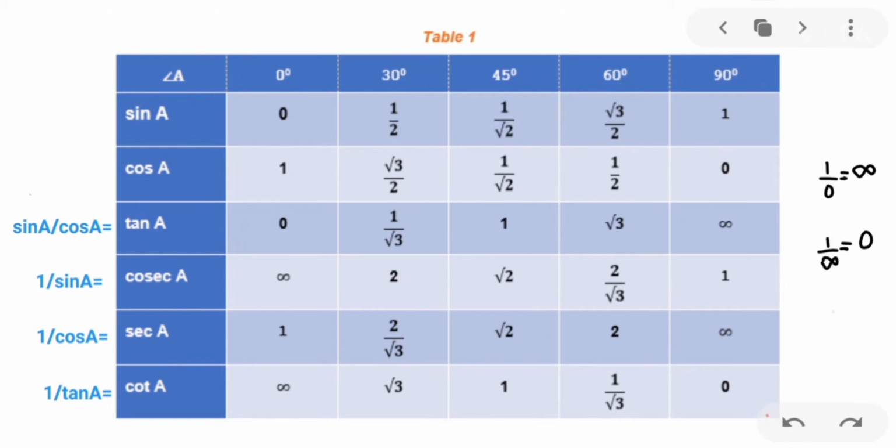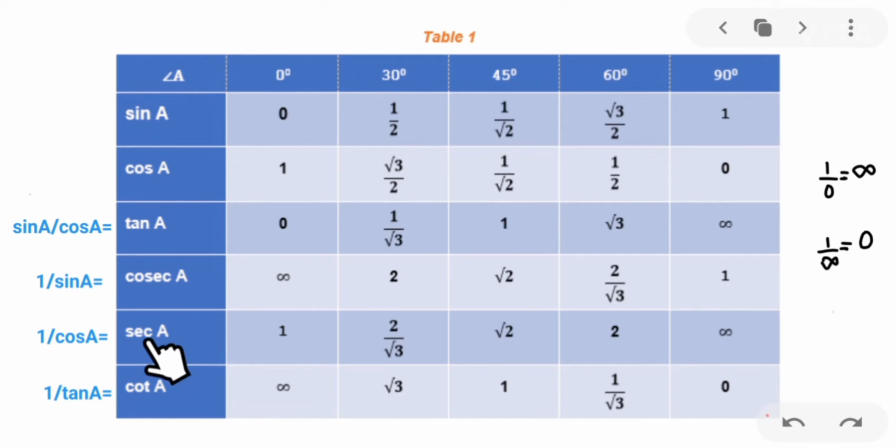And cosec 60 is the reciprocal of sine 60, so it is root 3 by 2. Write it in reverse fashion, 2 by root 3. And cosec 90 value is 1 by 1. Reciprocal of 1 is 1. So cosec is just obtained by reversing the value. Taking the reciprocal values of sine, you get all the values of cosec.